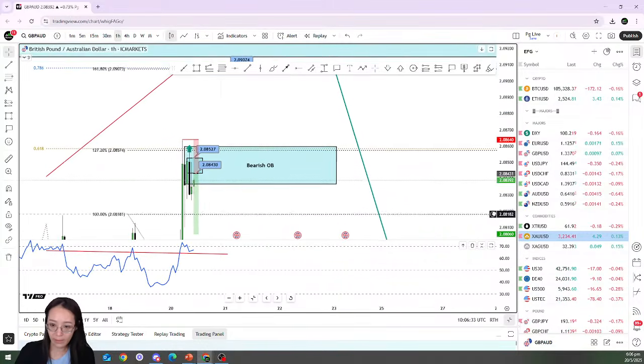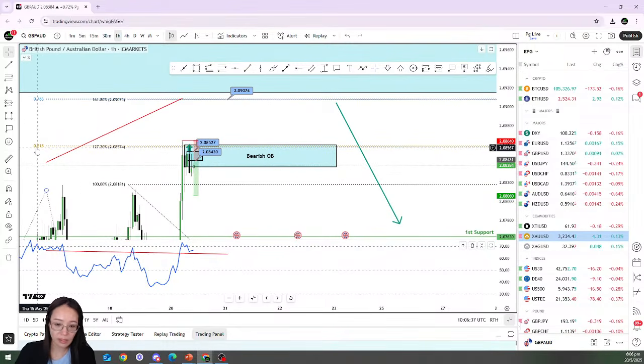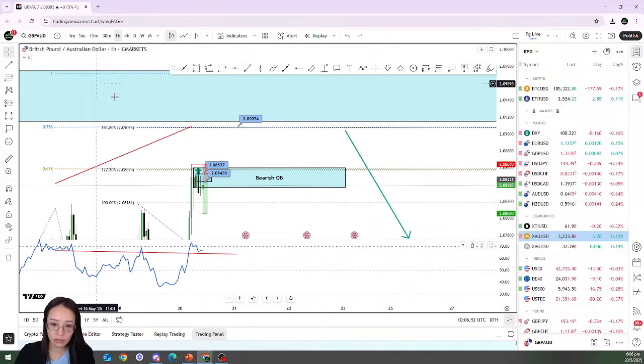Okay, if price hit the stop loss here, the reason we enter, because there is a Fibonacci confluence, right? Projection and extension. There's an order block here. So if you just put a very tight stop loss here, if price hit stop loss, I think you just lose a few dollars, or depend on your lot size. Hit stop loss, you go to this zone and wait for your entry. Okay,